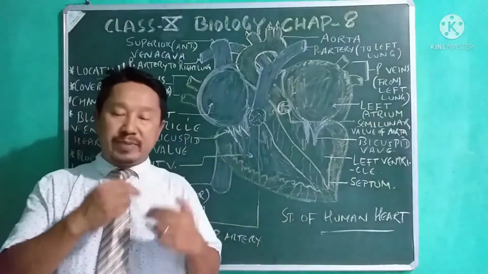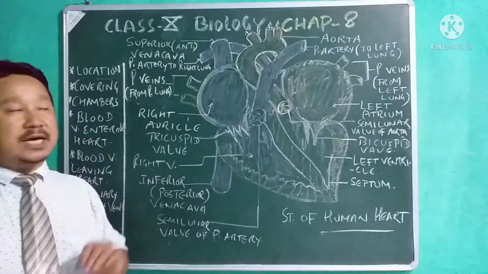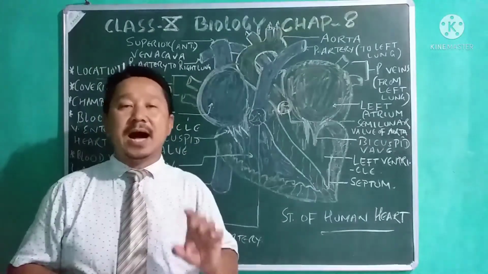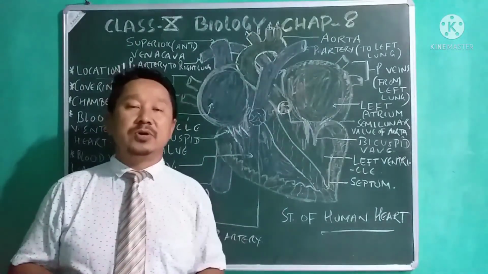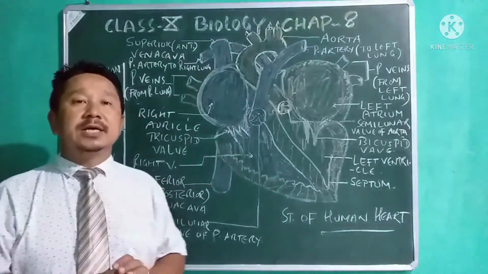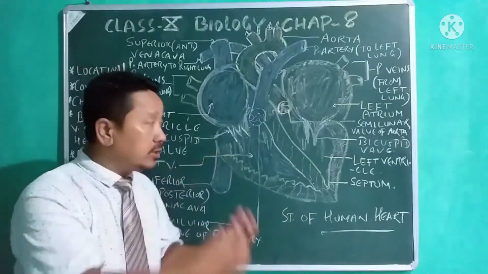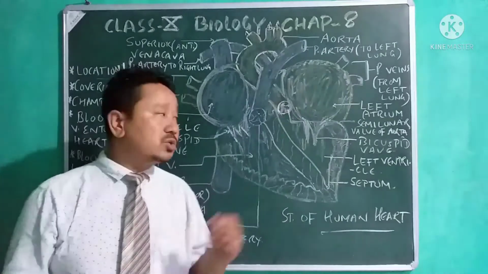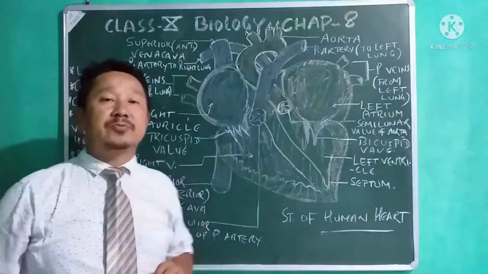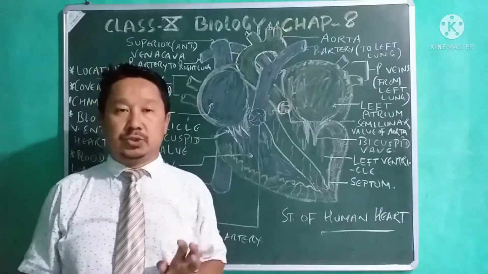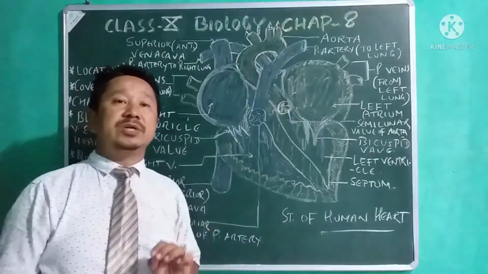As I've told you, the pericardium has two membranes, and in between these two membranes there is a fluid substance called pericardial fluid. This pericardial fluid is very important to avoid friction between these two membranes during the working of the heart. It also protects the heart from mechanical injuries. So that is the covering called pericardium, and in between there is a fluid called